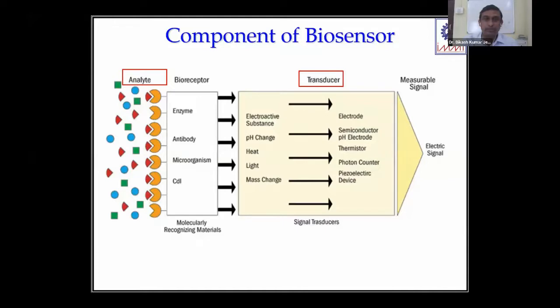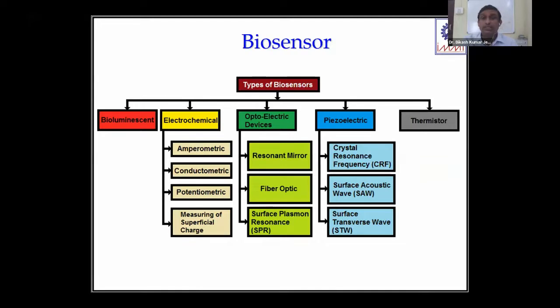So you can see, put an analyte, put a bioreceptor, and that will be accommodated on a transducer. When the analyte interacts with the bioreceptor, this transducer will give some change in the signal. That signal can be converted to an electrical signal, so that it can be monitored through display devices and detectors. So that's the different kinds of biosensors,